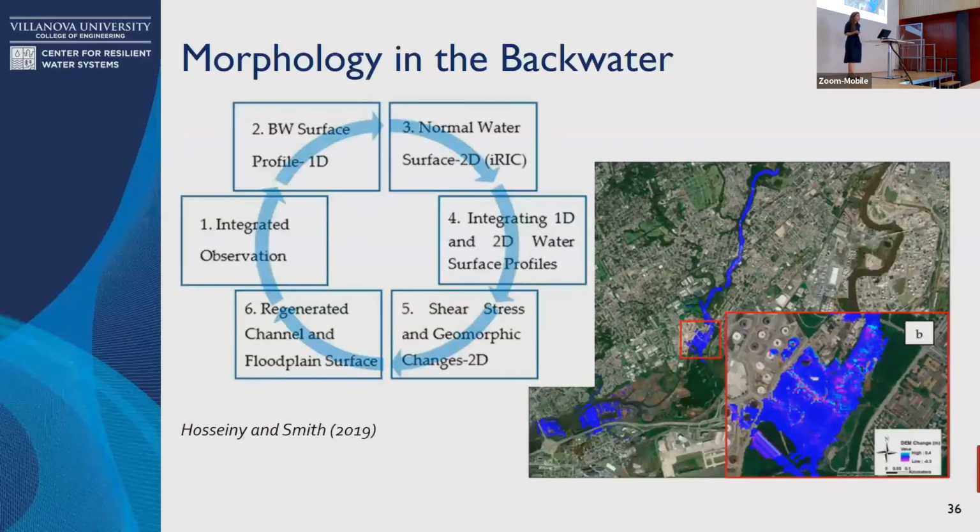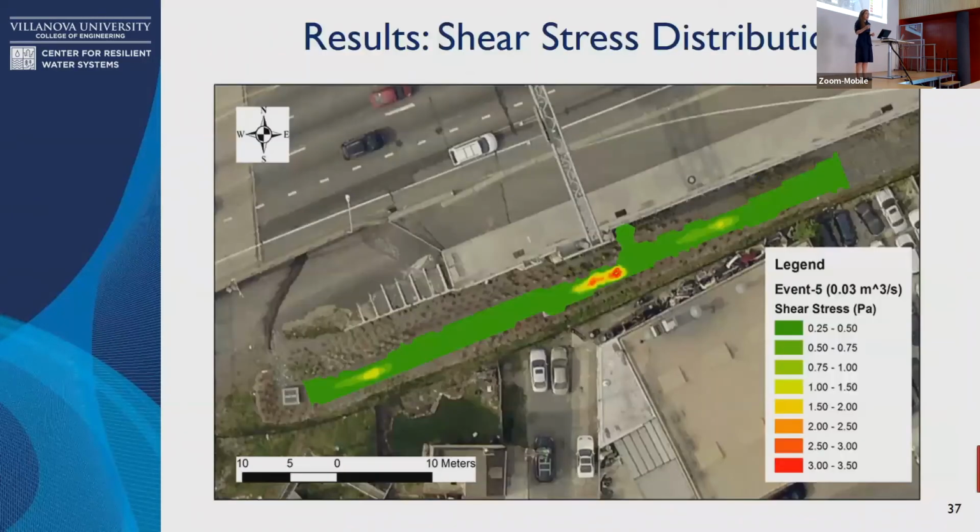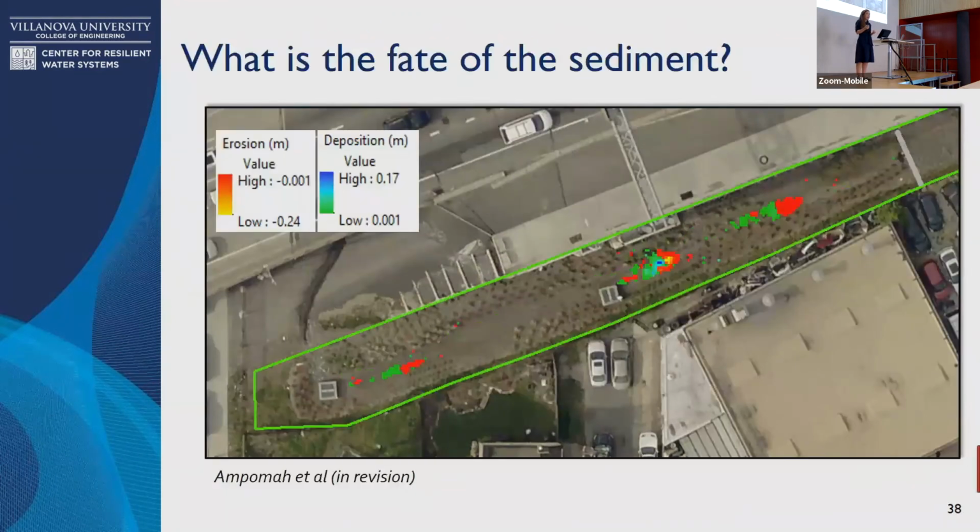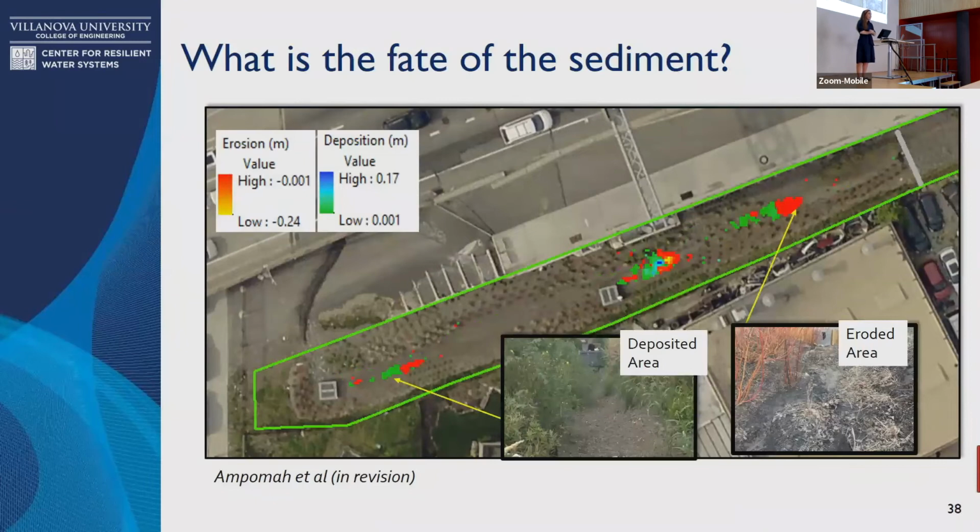Well, a few years ago, a student and I developed this backwater fluvial geomorphic model. And in that, we took into account the backwater hydraulics and how that was affecting shear stress and then the deposition of sediment in the backwater. So we started thinking about that model, and we figured out a way to apply it to SMPA. And when we applied it to SMPA, we could see areas of high and low shear stress. And we don't think that those numbers are particularly accurate, so I'll encourage you to just think about this as a gradient.